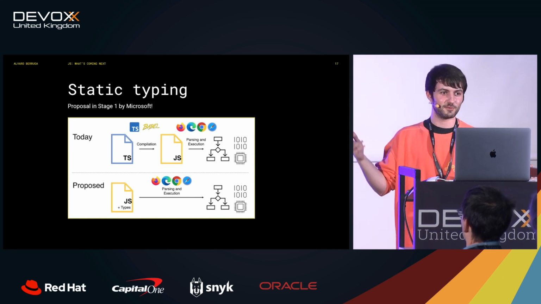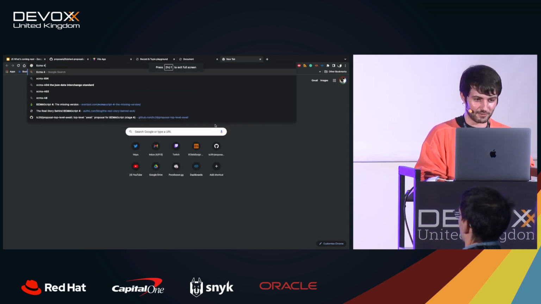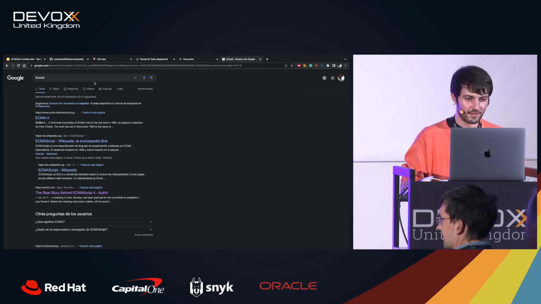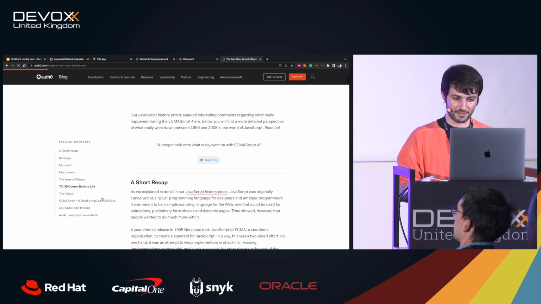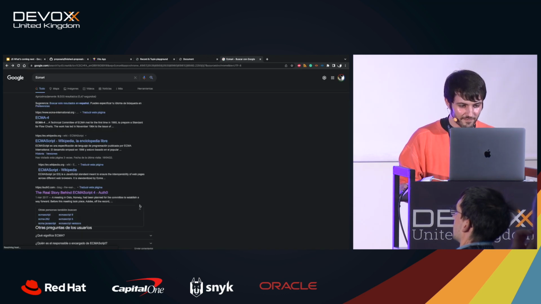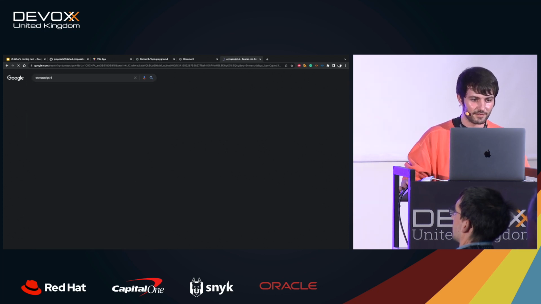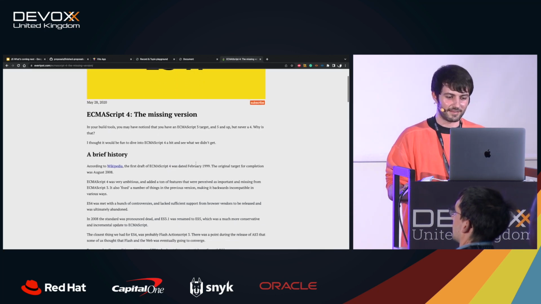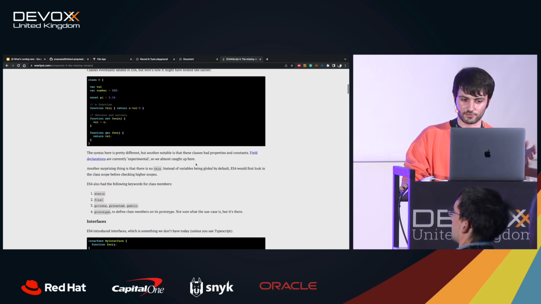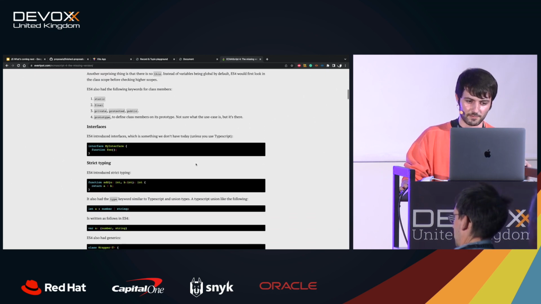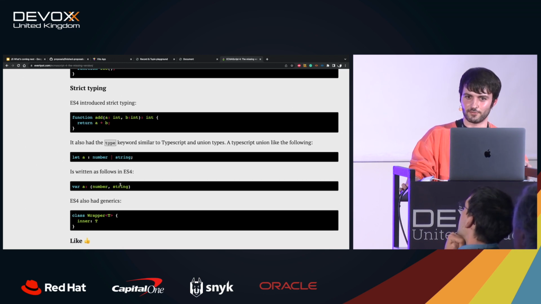If you go to the proposal, you will see this was not part of the talk, but because we have 3 minutes, I can show you really quick the real story behind ECMAScript 4. And don't forget, we are in 13 right now. ECMAScript 4, the missing version. Here you can see how classes were already introduced, but they were introduced later with ECMAScript 5. But then you can see how strict typing was already available.